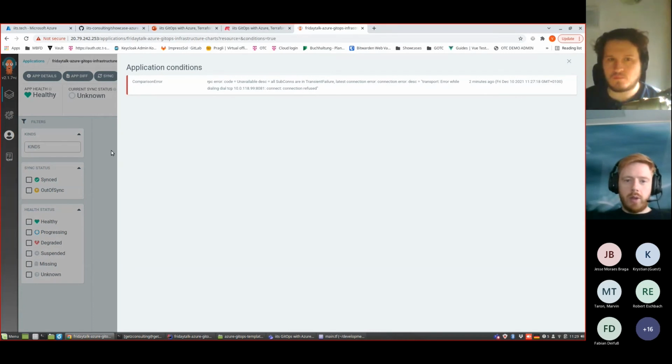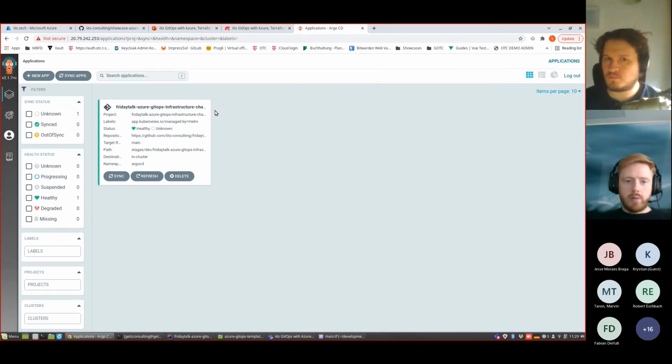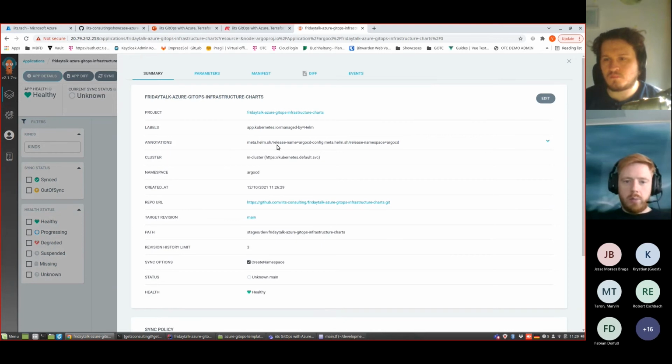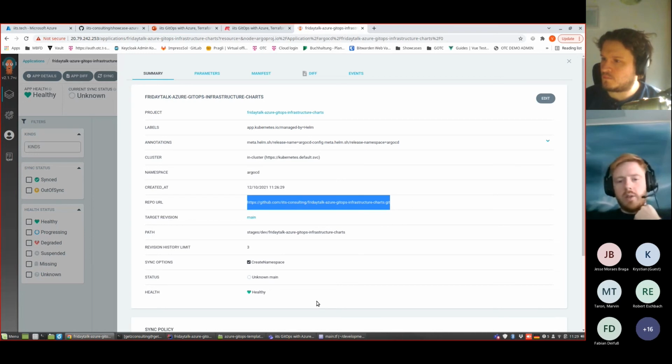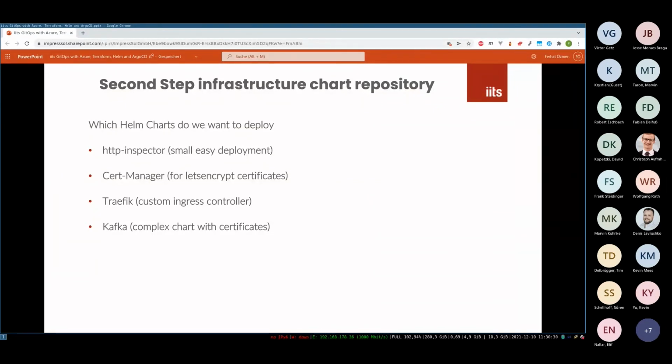So yeah, which makes sense. So now Ferhart needs to create a repo, which will connect to iits-consulting Friday Talk Azure GitOps infrastructure charts.git. So now that Victor has deployed our cluster and our Argo CD application, now I can continue to deploy the